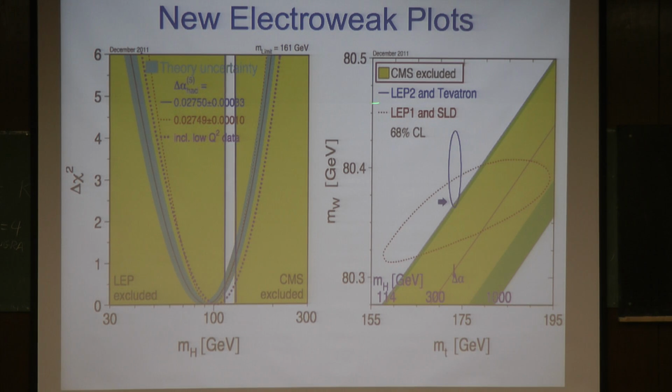Now, what has happened is that the new electroweak plots, where we started from yesterday, have transformed. There is this little sliver here of allowed region, of a standard model Higgs mass that would be in the low mass range. And you see here the 114 on the outside, the 300 in the middle, and the 1000 on the outside of the green. And this is the ellipse, because they are correlated, of LEP2 and Tevatron, and all the polarization data and LEP.